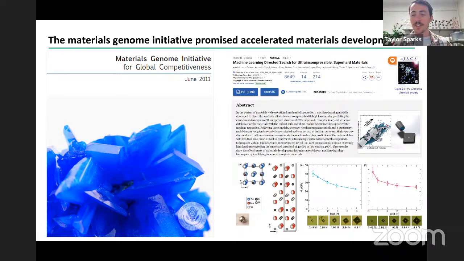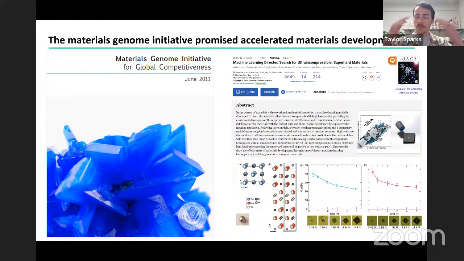We were interested in finding new super hard materials, and this is something that has been a millennia-old task for humans. We've been trying to find harder materials for a very long time. So it seemed like a suitable thing to see if we can use this approach to accelerate it. Briefly, I'm just going to 10-second it, but we found DFT data as our training data. Now, DFT data is not hardness, but we found a way to relate it to hardness. And then we were able to use that to apply hardness or quasi-hardness labels to a bunch of known materials where we didn't know their hardness.